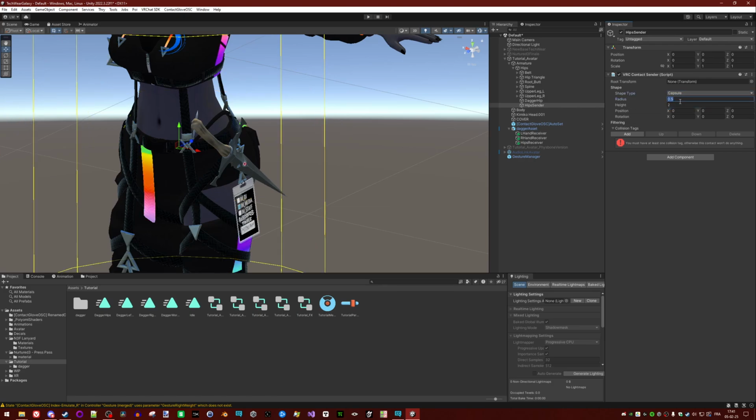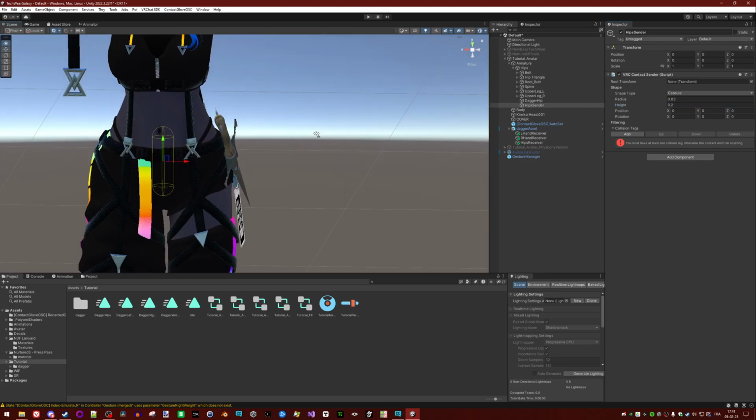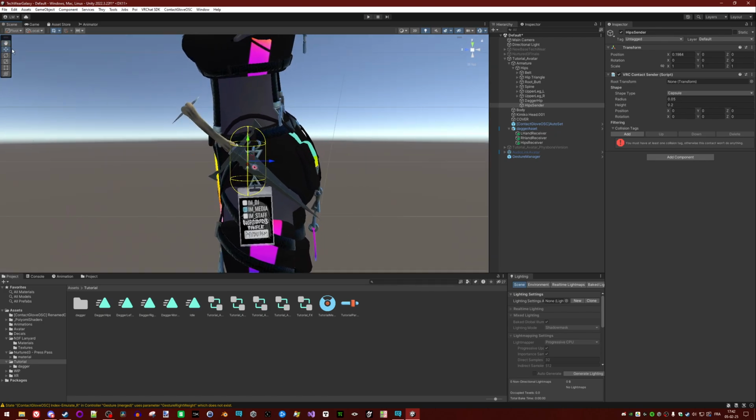Let's make a capsule too, a bit larger than the one we had. Let's put it roughly where the dagger should sit.